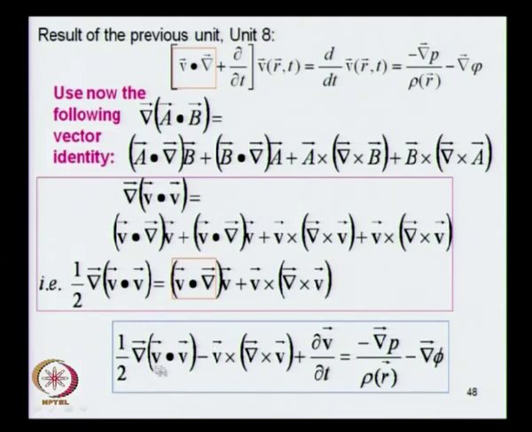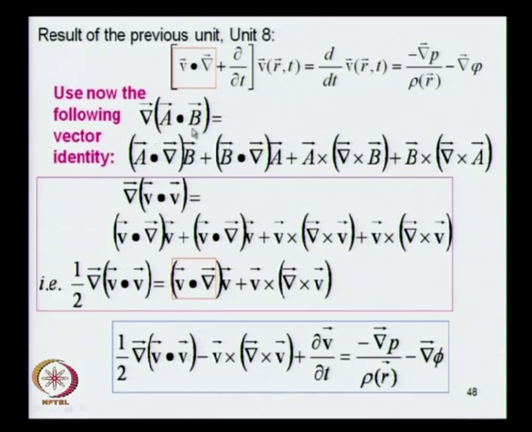This is half of the gradient of V dot V minus V cross curl of V plus del V by del T, which is this term, and the right hand side is given by negative gradient of the pressure divided by the density minus the gradient of an external potential, which we have chosen to be gravity. So, this result is easily derivable, and we are getting closer to Bernoulli's principle,